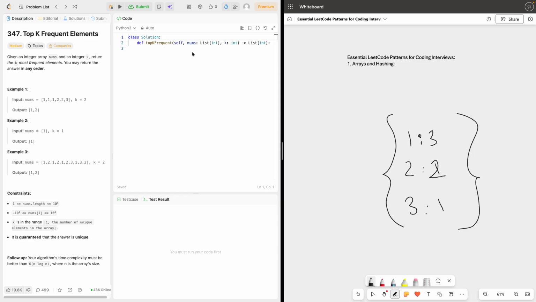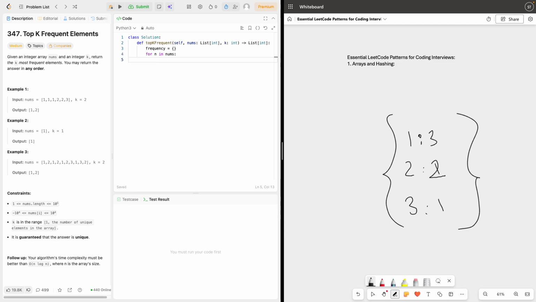So now let's come here and start solving this. First create a dictionary like this, and it is a dictionary that shows frequencies. So type it frequency. Okay. So it is our dictionary. Now we need to loop through this list and add the value for each of the elements in the list. So we say for n in nums,